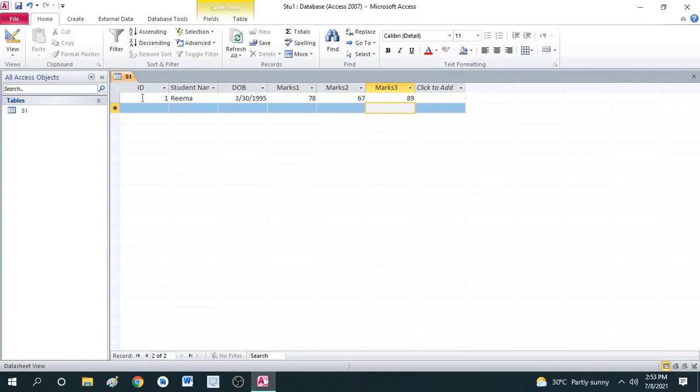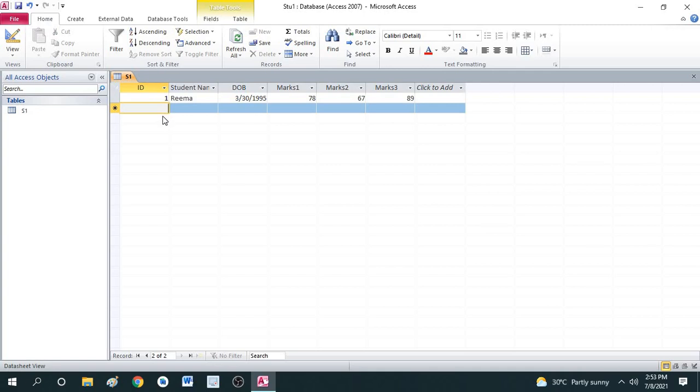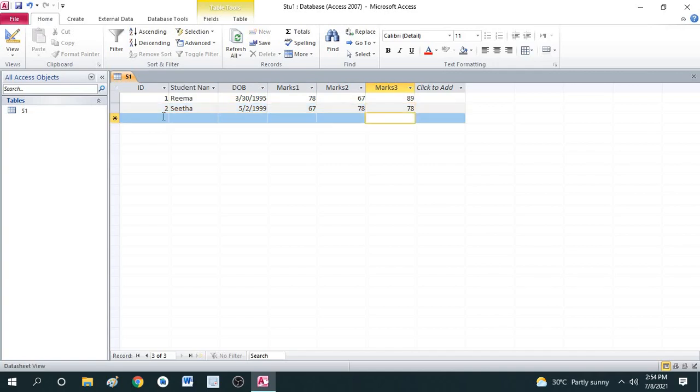So here whatever you are seeing in this row is a complete record. This row is called one record. Next we'll move to the second record. So next I'm moving to the third record. In this way you can add the records.